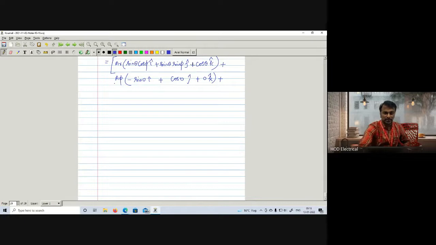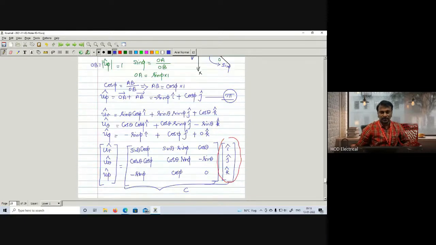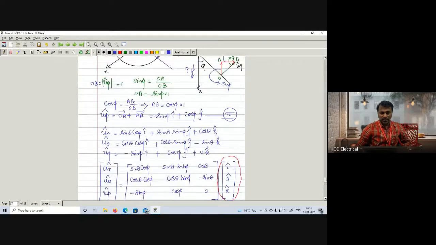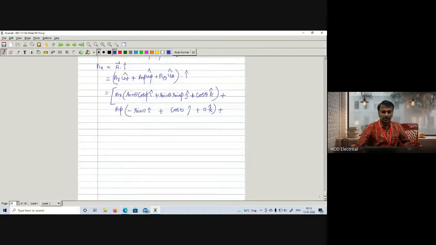This is sine theta a phi into sine theta component, minus sine phi, cos phi, 0, plus a theta component into